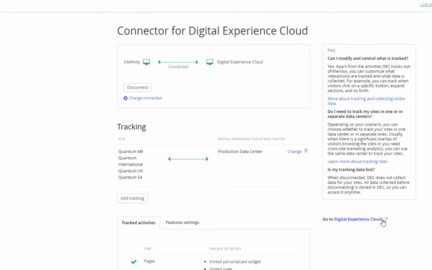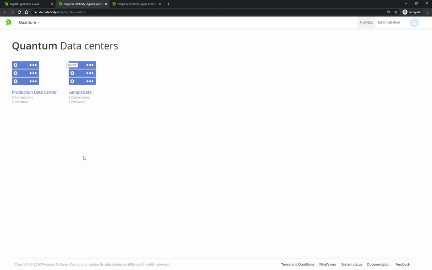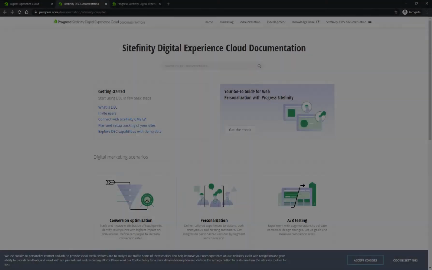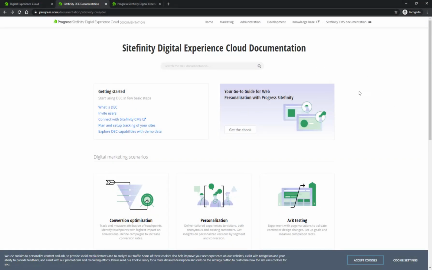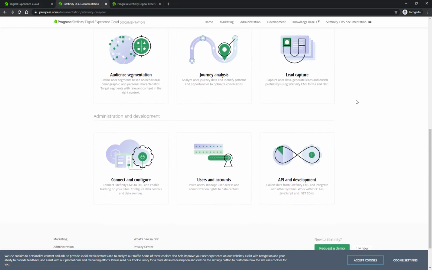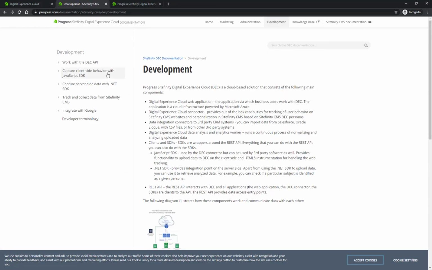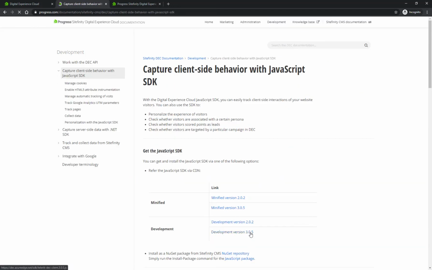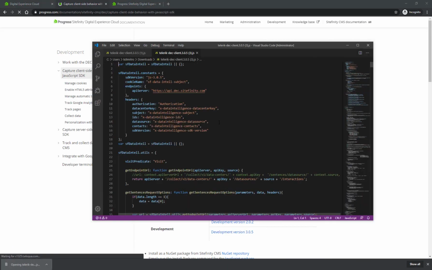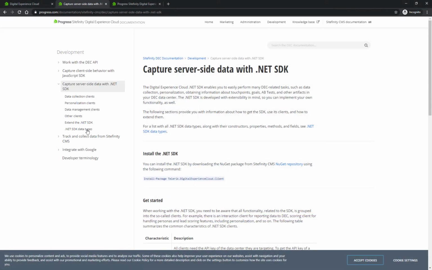data center. All the reports and metrics are available for you to explore and analyze in DEC, giving you insights on how to better optimize the effectiveness of your content. If you want to track something special like interactions from another channel, for example a mobile app or non-Sitefinity site, DEC has you covered. With its powerful SDKs, you can further customize and enhance the tracking capabilities based on your